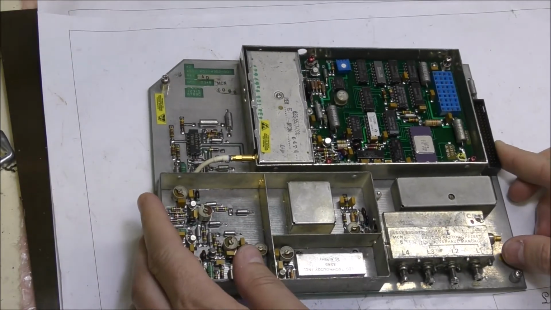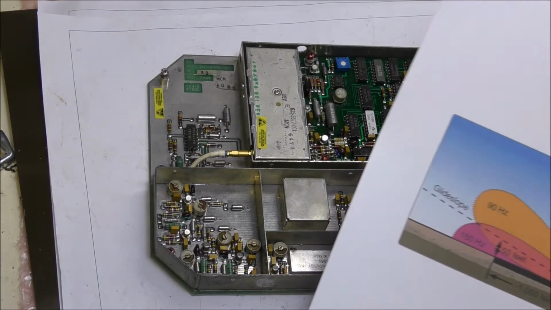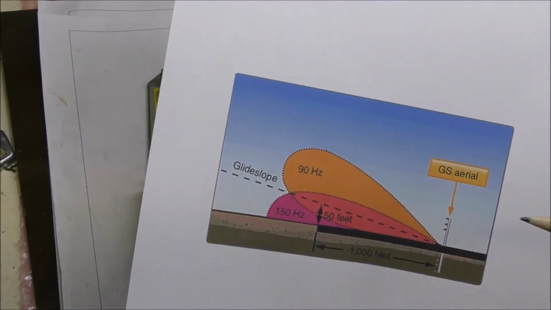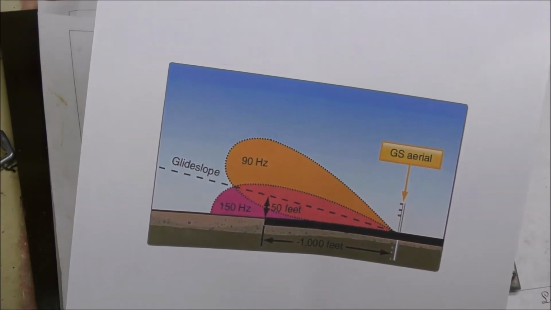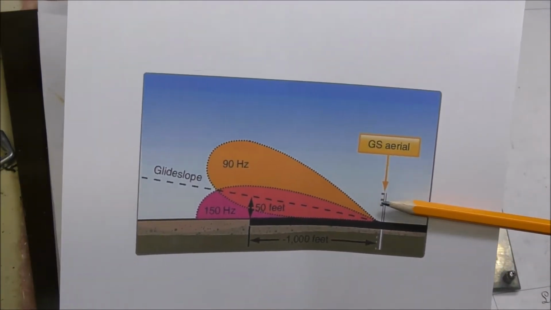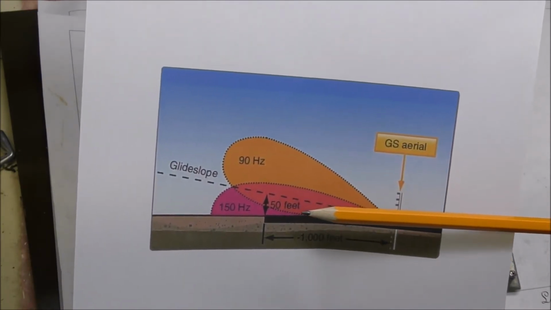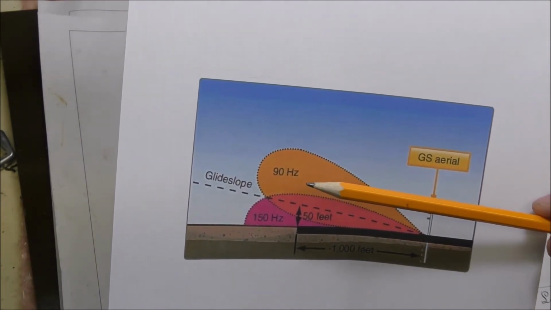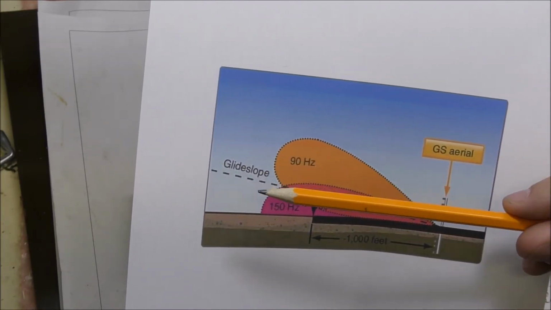First I will explain, if you don't know the basics of this ILS landing system, and especially the glide slope. This is a picture I took from the website here. The glide slope permits the aircraft to follow a specific angle, which is generally 3 degrees. For that purpose, there is an antenna here. This antenna emits a signal with two modulated signals, one at 90 Hz and the second one at 150 Hz. The aircraft receives these two signals, and depending on the modulation depth of these two signals, the aircraft knows if it is above the glide slope or under the glide slope.